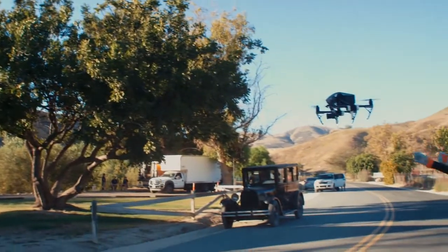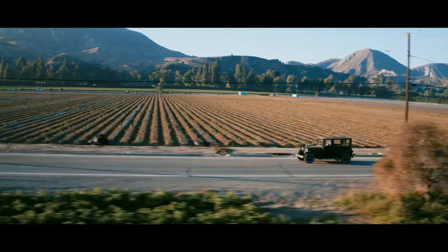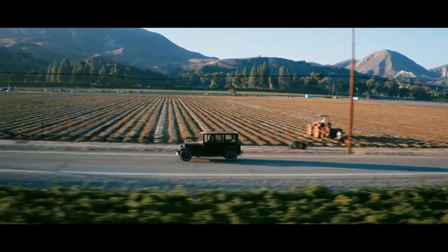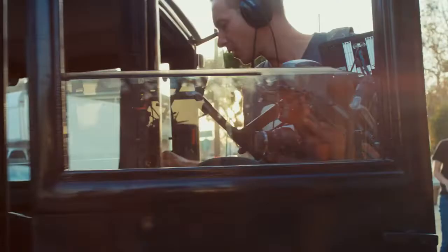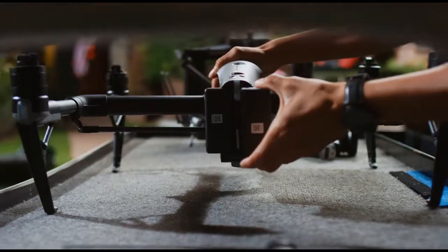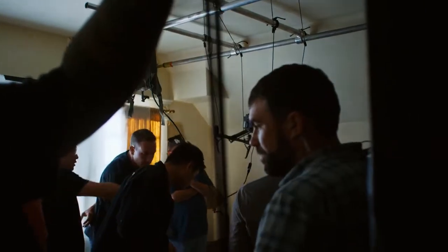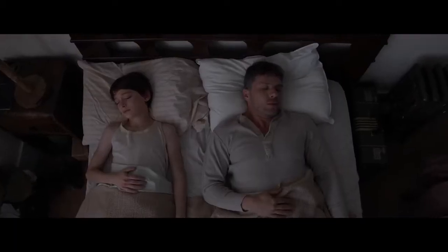Active Track now has different modes, like a profile mode, where you can easily track a subject from one side without changing the angle and the direction of the camera. I think it's becoming a lot more commonplace. The advantage is obvious, especially on smaller scale projects where you can't afford cranes and all of the technicians that come along with that, and you can still achieve the same beauty that you can do with the more sort